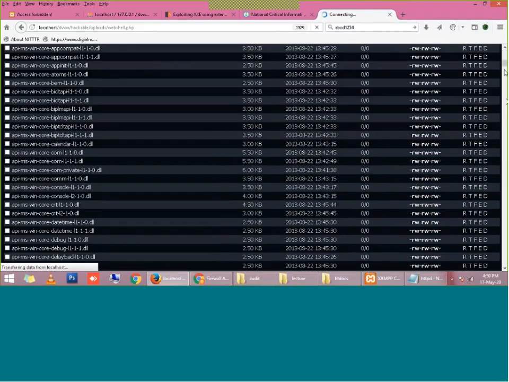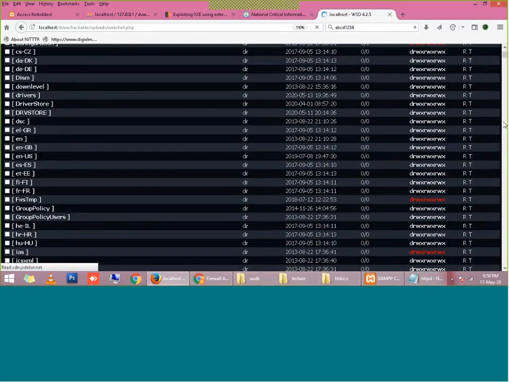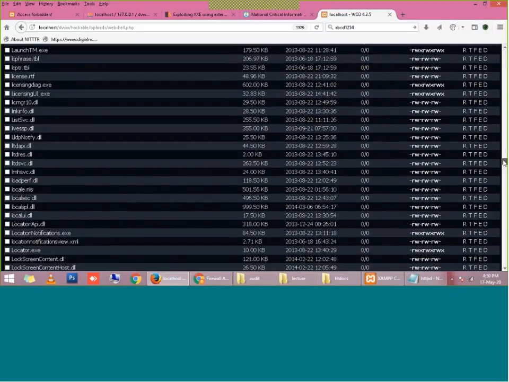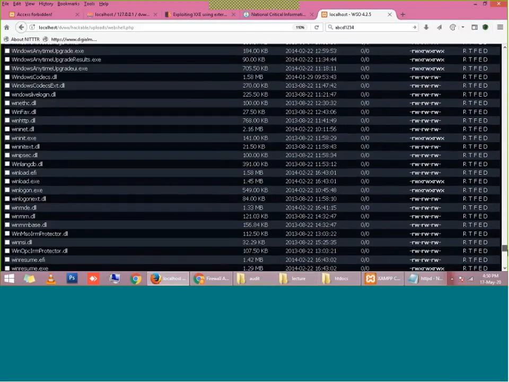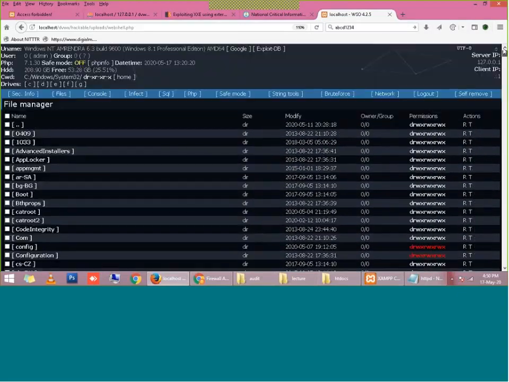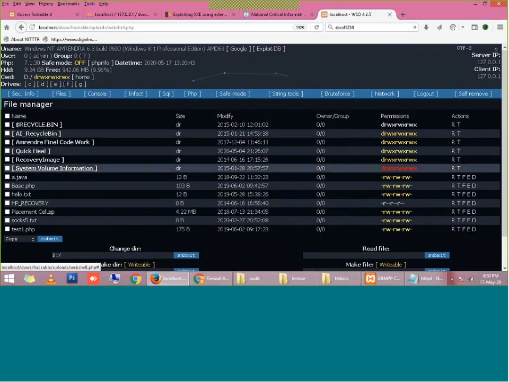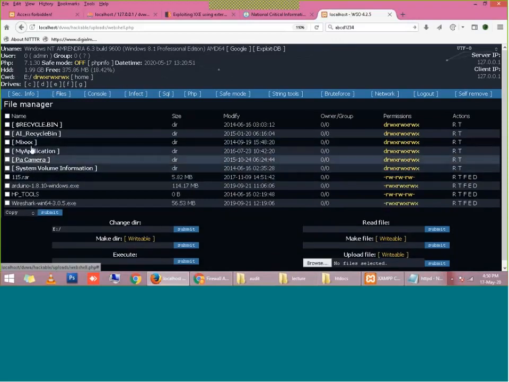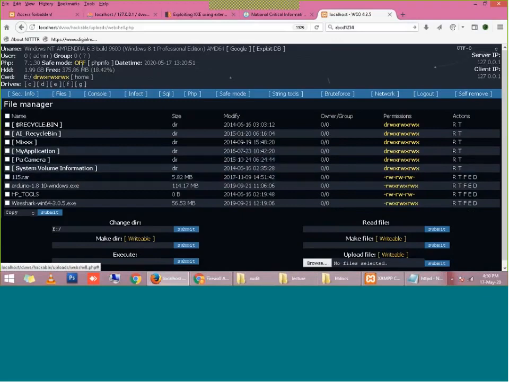Getting my point? So this is, you can say, the climax of hacking. And if an attacker gets access to your web server, he can migrate to any drives, not only the C drive. He can go to the D drive. There you can see the files I have kept in my D drive, and these are the files I have kept in my E drive. Hackers can see in my E drive I have kept some camera files, some audio files, some RAR files.